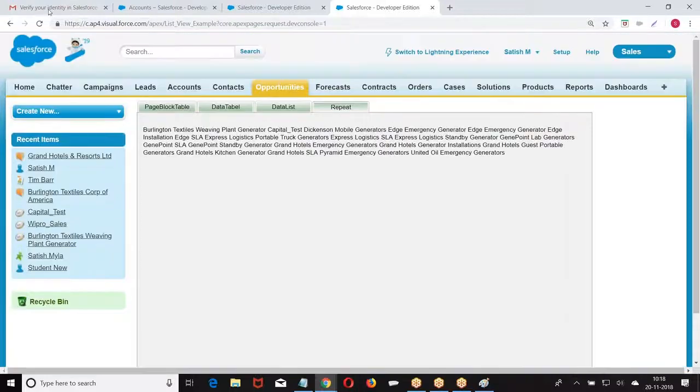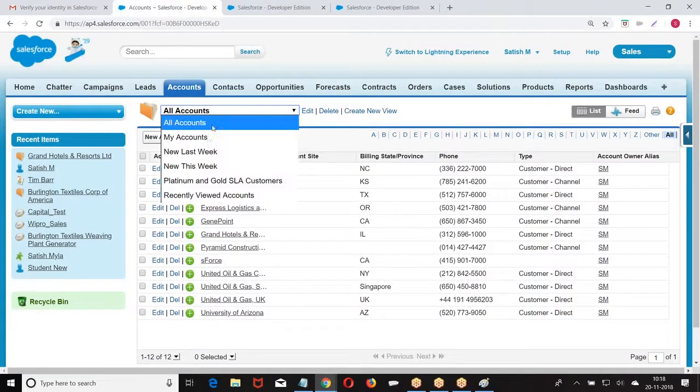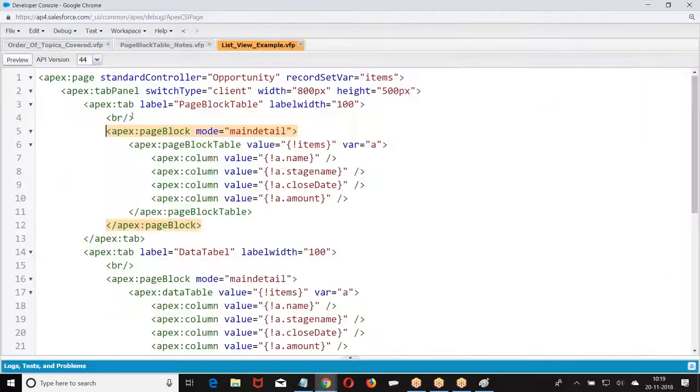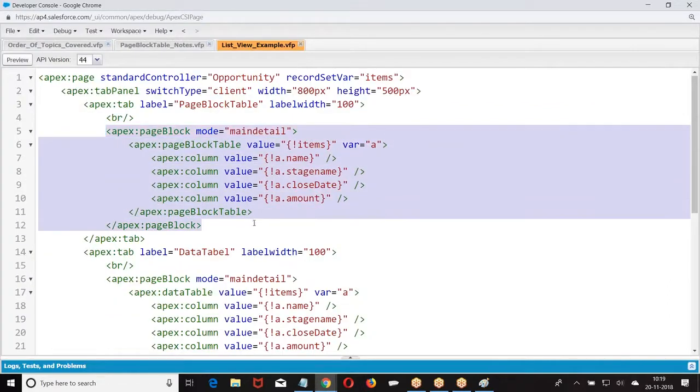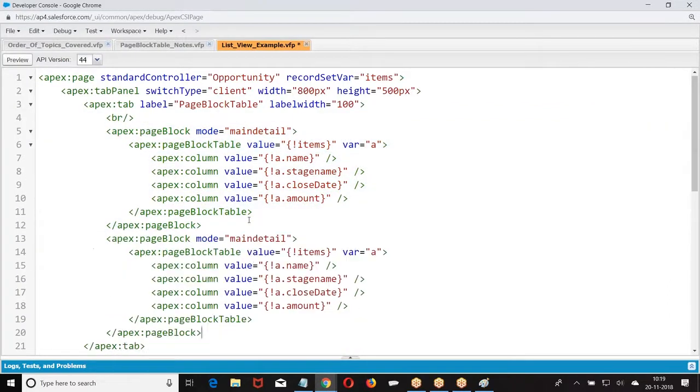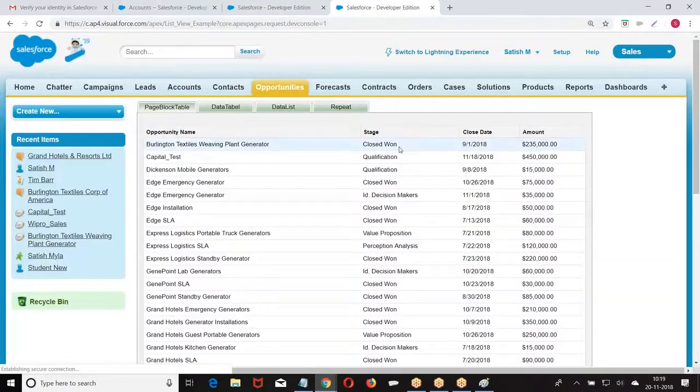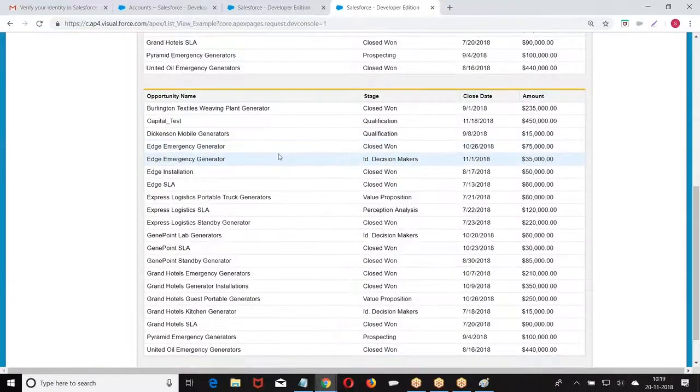Now we got to know, here's a query. What is that mode? Let me give it. I'm taking a smaller number of records. Look at this. In the same page block, I'm giving mode equal to edit, mode equal to main detail, mode equal to edit. Now look at this.